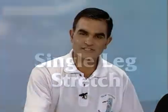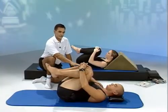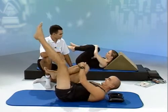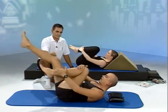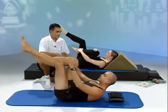The next exercise is the single leg stretch. So drawing both knees up towards the chest, keeping the right hand on the right ankle, and extend the left leg into the air. Okay, changing legs, breathing in, and when changing legs, place the left hand on the left ankle. And again, breathing in as you change, and breathe out as you